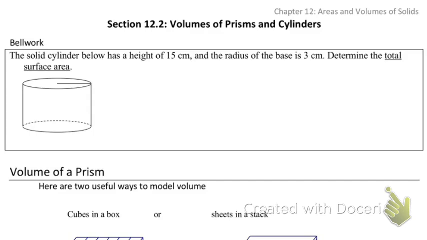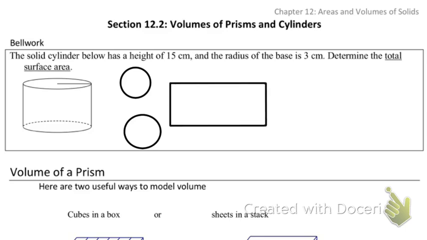So remember, with surface area, we're just coming up with the different parts that actually make up the total three-dimensional shape. So we have two circles. And we also have a rectangle. Let's go ahead and draw that. So we have two circles and a rectangle. So we just need to find the areas of both the two circles and the rectangle. So our two circles,